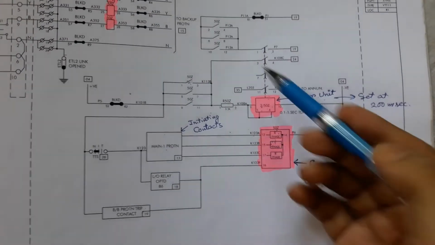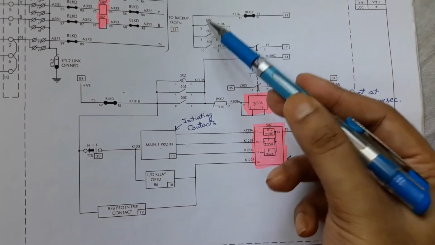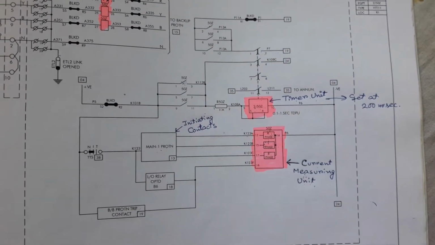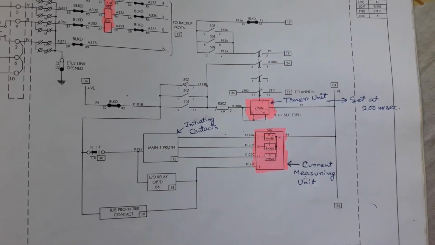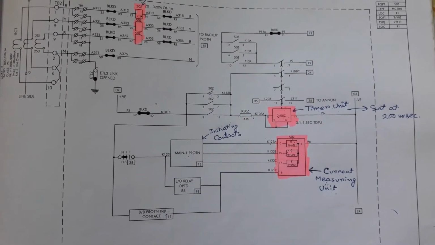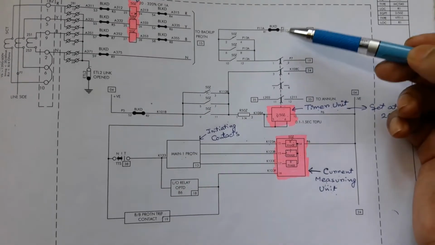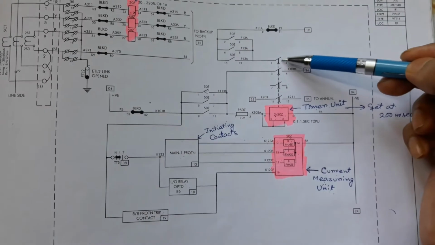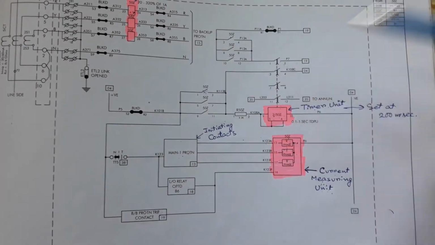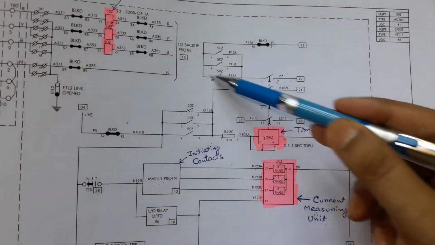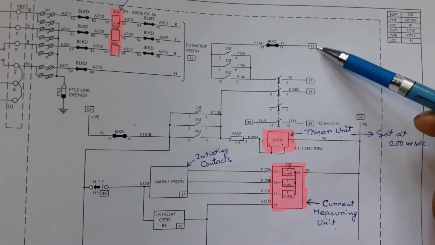Here notice that these contacts were previously connected on operation of this relay at the time of initiation of the fault. So the conclusion of this sheet is that if the circuit breaker fails to clear a fault, then these two wires get shorted by operation of these contacts. But the detail of this part is described in sheet number 19.